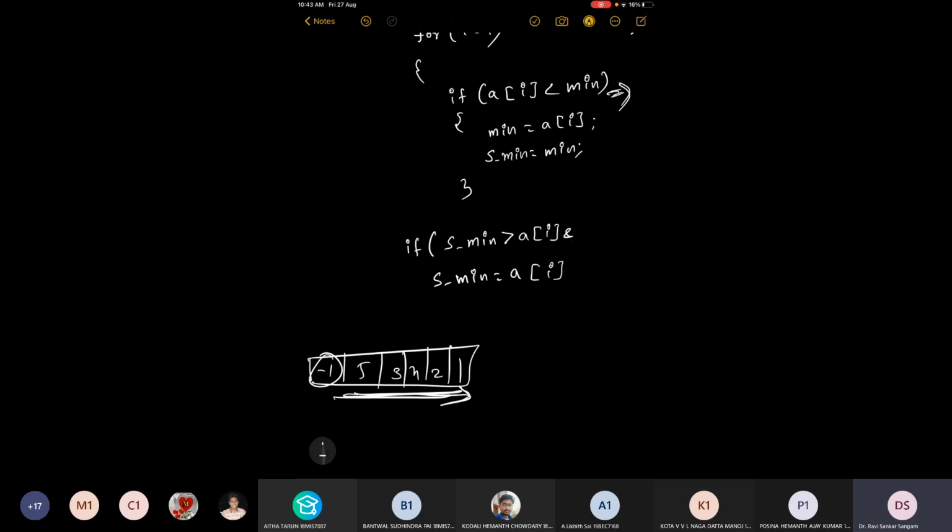Otherwise this will be true and this will be true sometimes. Second condition is that S minimum should not equal to minimum. Just write else if now, sir, so that only one will.